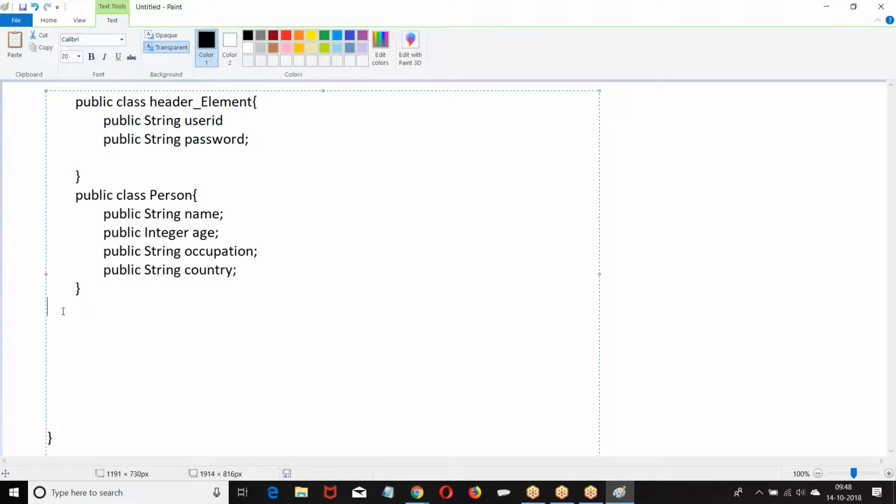Then we have the main class. It is the main class.